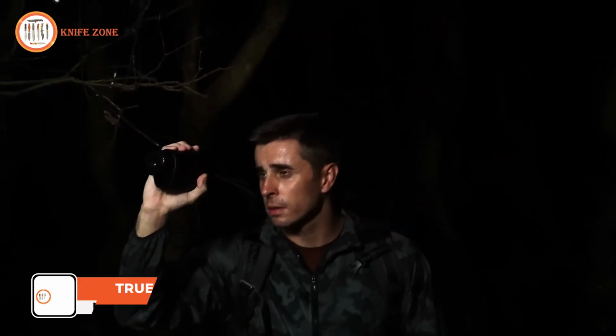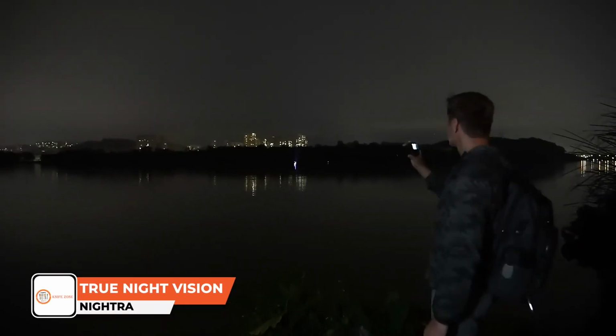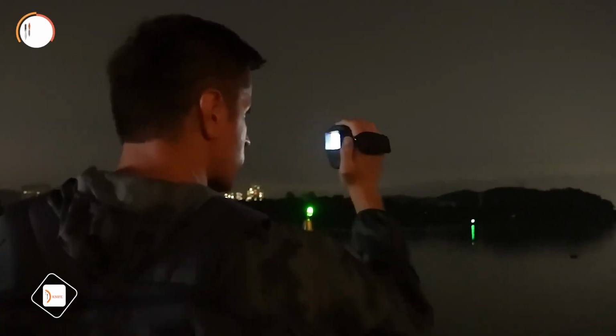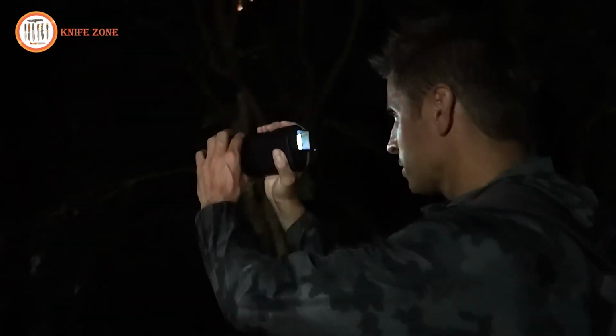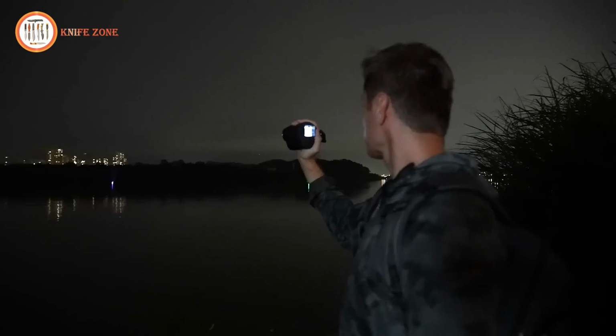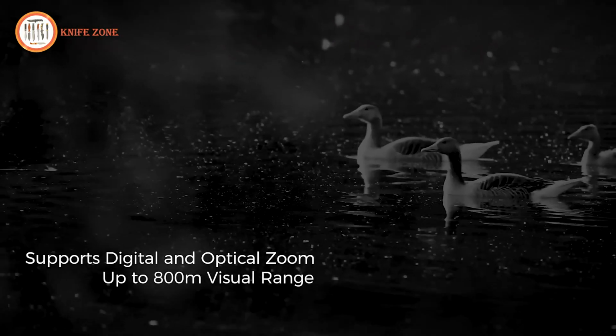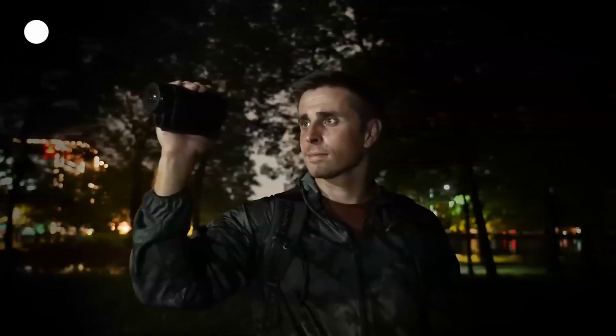Introducing the NIGHTRA Night Vision Excellence, the ultimate tool for adventurers and outdoor enthusiasts, offering unmatched clarity and performance. With an 800-meter range and true full-color viewing, not reliant on AI processing, its advanced CMOS sensor ensures vibrant, 99% sRGB color accuracy in low-light conditions. Featuring an f1.2 super aperture, digital and optical zoom capabilities, and a 7-level infrared adjustment, it adapts seamlessly to your